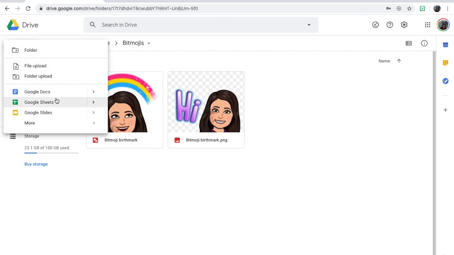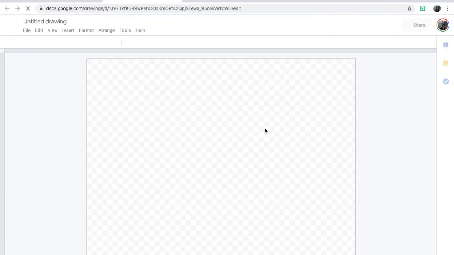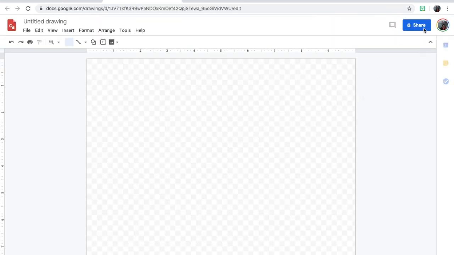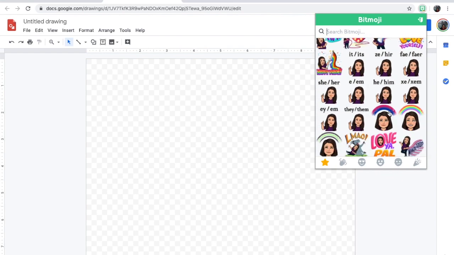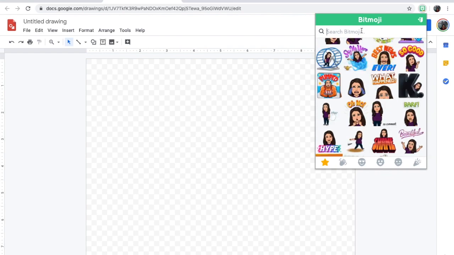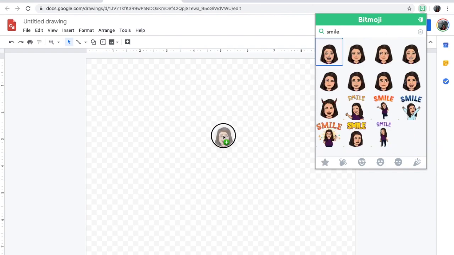So you have to open your Google Drive and where it says More, find Google Drawings, and this automatically opens this white space. Now, I know we all have our Bitmojis configured in our cell phone, and this time I'm using the Bitmoji Chrome extension. And what you basically want to do is just find the Bitmoji that you want to personalize and drag it